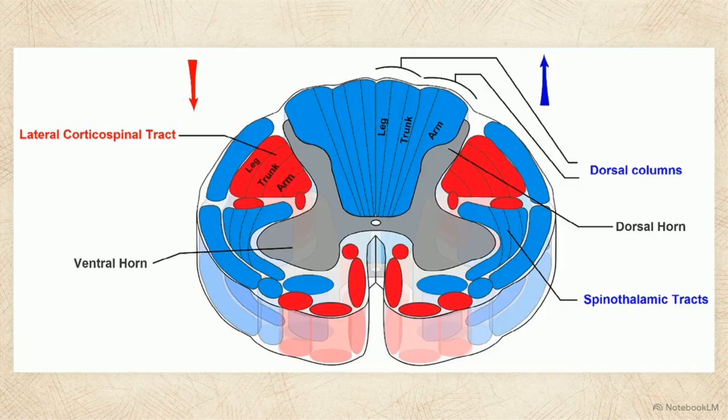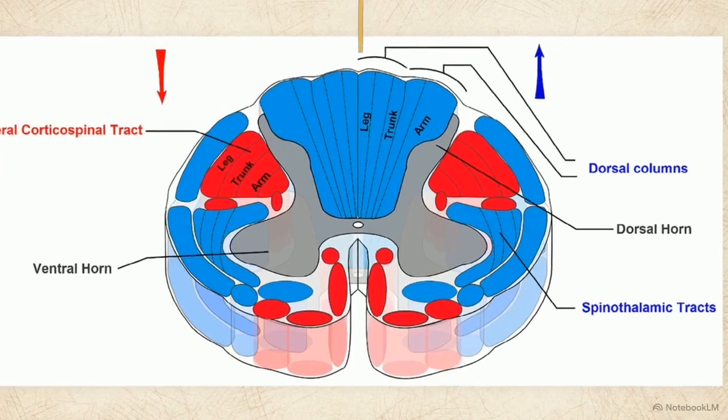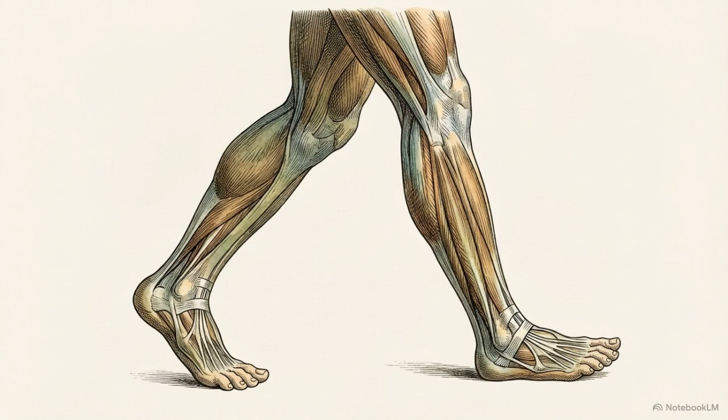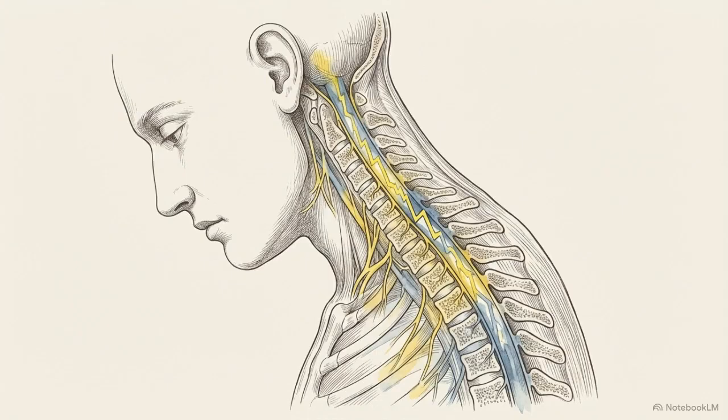tissue. This cross-sectional diagram of the spinal cord connects the ischemic damage directly to specific functional deficits by mapping the three primary white matter tracts surrounding the central gray matter. Posterior compression here interrupts the dorsal columns, which carry ipsilateral vibration and proprioception signals. Damage to these specific columns produces the classic wide-based ataxic gait, as the brain loses spatial awareness of the lower extremities. It also triggers Lhermitte's sign, an electrical shock sensation radiating down the spine upon neck flexion, directly linked to